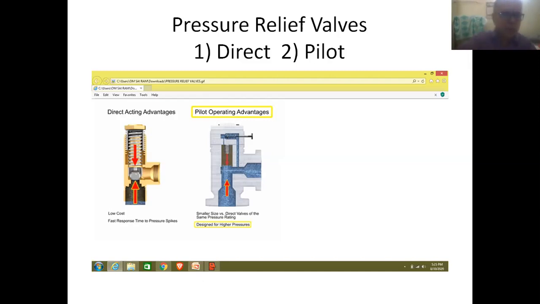So we can see the arrangement of the main element that is placed inside the body of the valve, and this screw is placed at the top of the valve.